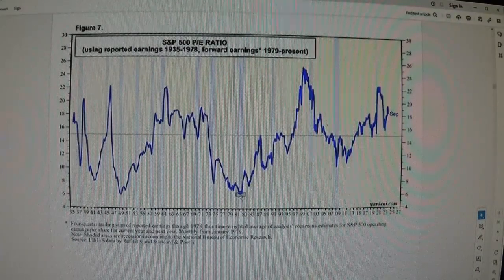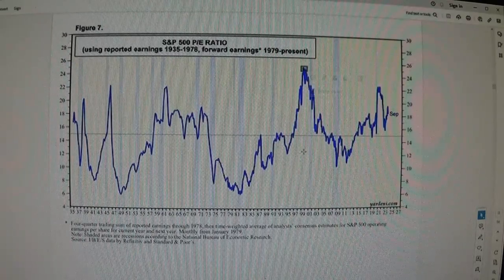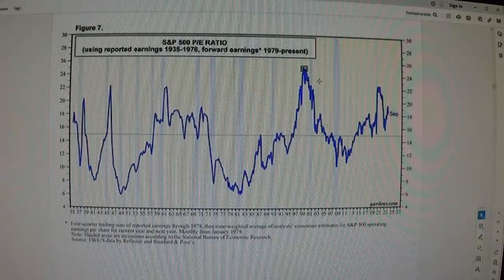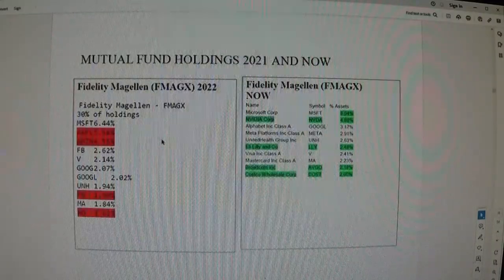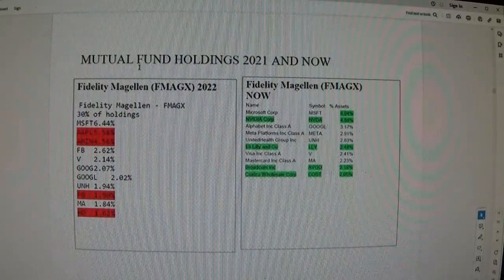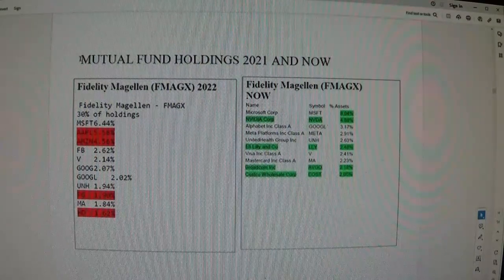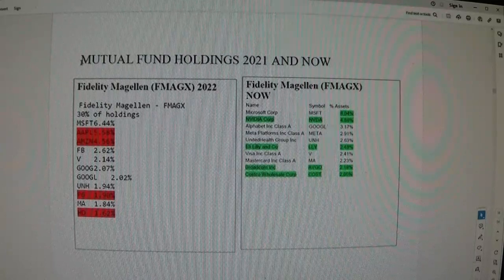People were only willing to pay 6 times earnings for that. And in 2000, whenever there was a dot-com craze, people were willing to pay 25 times earnings. So what I do every week, not every week, but maybe once a month or once